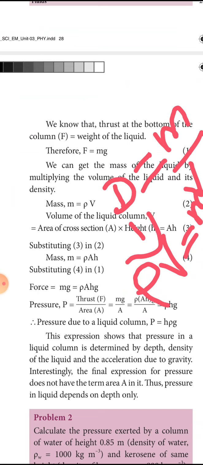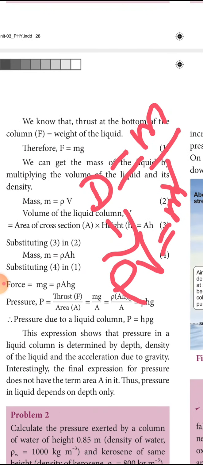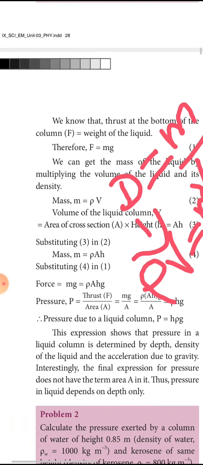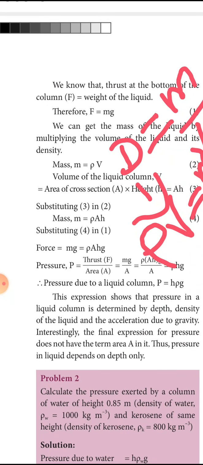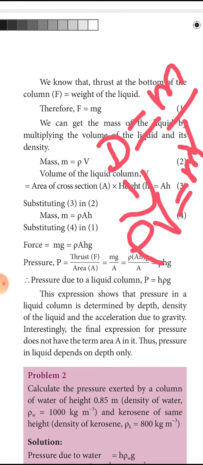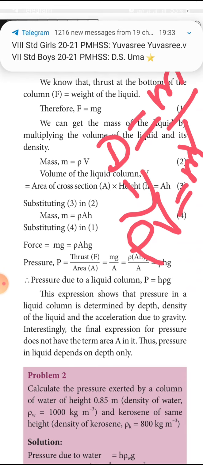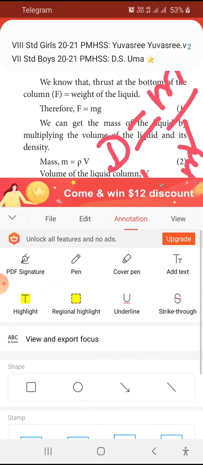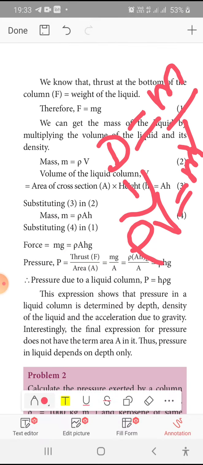For the pressure formula we know that P is equal to force by area, and the force is mass into gravity, whereas the mass is going to be changed as rho into V. Use this formula where density is defined as mass per volume. From this we write mass is equal to density into volume. So substitute this term in the force. Pressure is equal to force by area; instead of writing the force as mass into gravity, in the place of mass, you are going to write rho into V, where V is the volume.